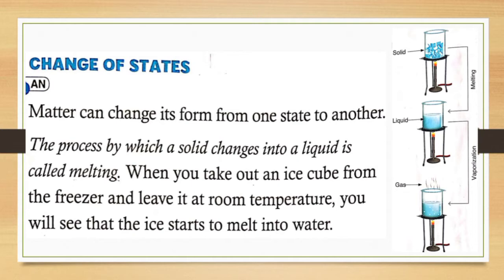Let's take some ice cubes and heat them in a beaker. What you notice after a while is that the ice cubes are dissolving in their own liquid. This is what is meant by melting. As we keep heating, the ice cubes gradually become smaller and smaller and turn into water. This change of state is referred to as melting, and it is a change of state from solid to liquid.